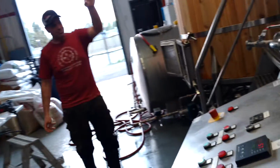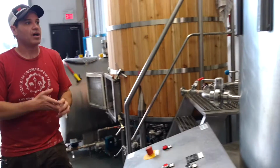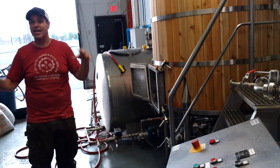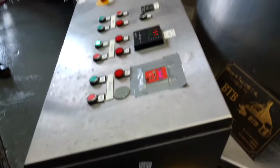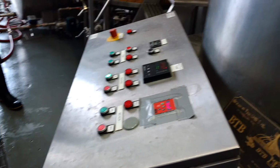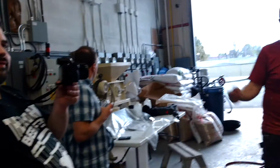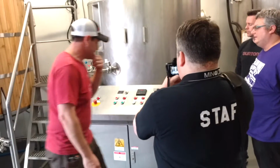So this is a BTB all-in-one brew house. I'm issuing a challenge to anybody who can find me one. The first person that can find me one in use somewhere, I will instantly reward. I haven't been able to find anybody in Canada or anywhere that's able to find one of these. So what it is